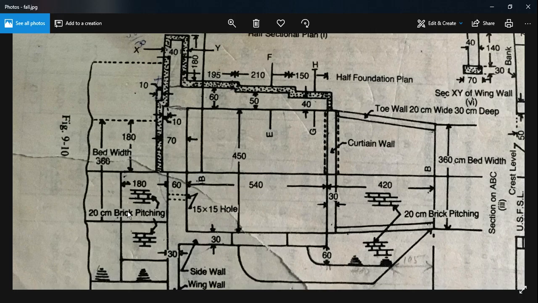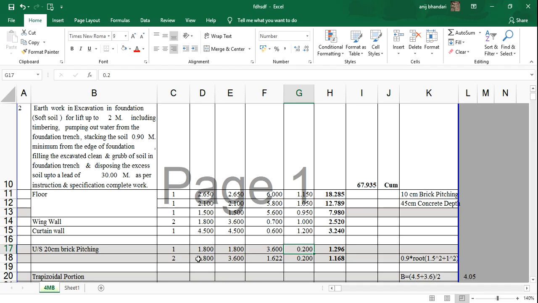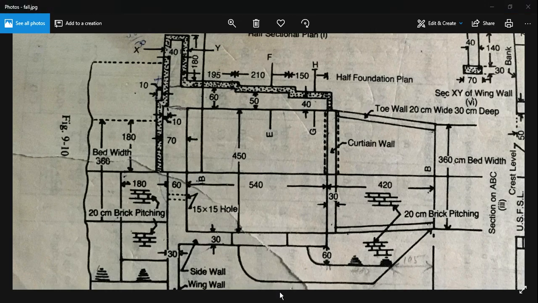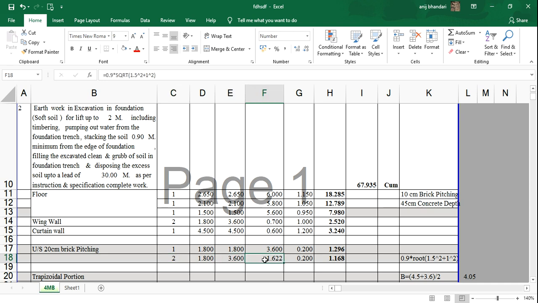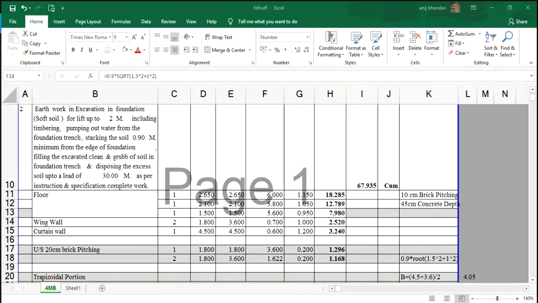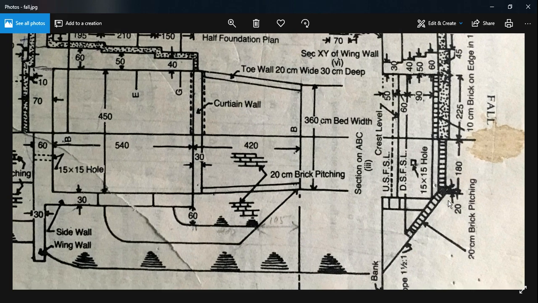This completes this portion. Now for the sloping portion, I have length 1.8 fixed, not changed, 1.8, because it's on both sides the number is equal to 2. And now for the width, we need to calculate the hypotenuse length, that is this length. We have this height equal to 90 centimeter from here. So if this is 90, from Pythagoras theorem we can determine, if this is 90 and this is the slope,